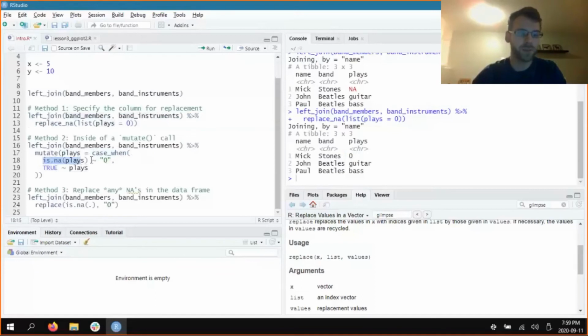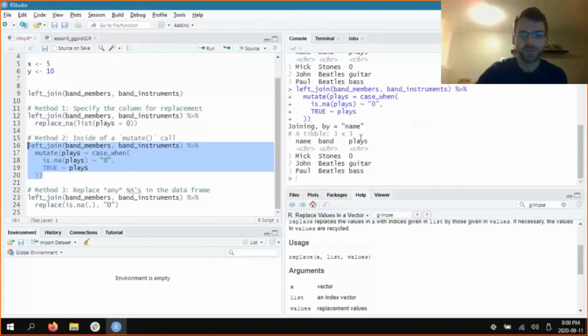So plays is going to become 0 if it's NA. And in any other case, so the TRUE is like any case besides the one you explicitly mentioned, it's going to just replace the value in plays with the value in plays. So it's going to keep it the same essentially. So if we run this, you can see we get exactly the same result,